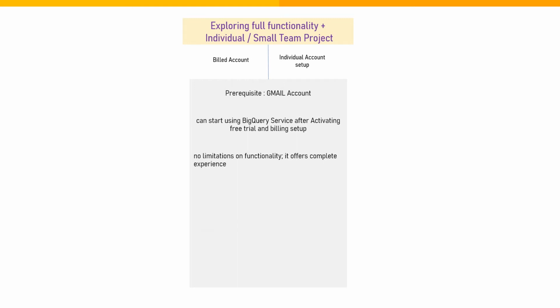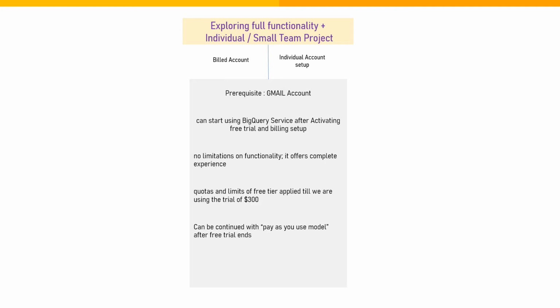The quotas and limits of the free tier are applied in this setup till the limit of $300. So when we activate a trial in a Google Cloud account in this setup, Google provides us $300 credit to explore its services. Till the time we are in that range, all the quotas and limits of the free tier will be applied to us. If we upgrade from the free tier, we can get rid of those quotas and limits. And if we are happy with what we explore in the free trial, we can also continue with the pay as you use model offered by cloud after the free trial ends.